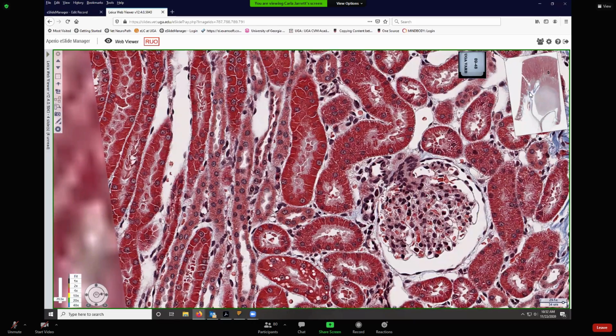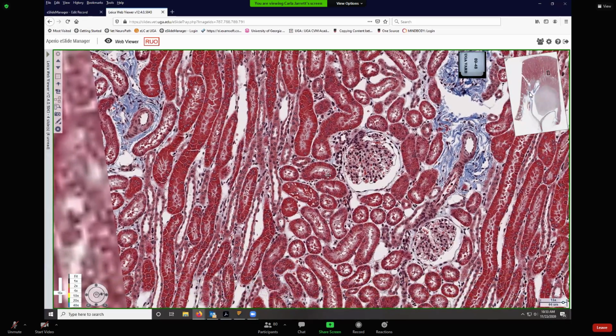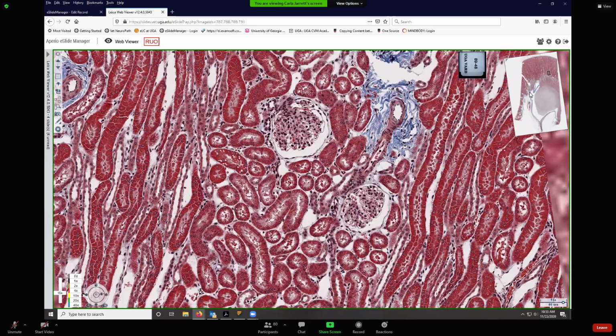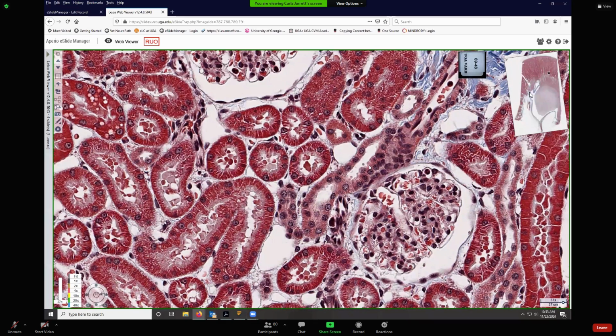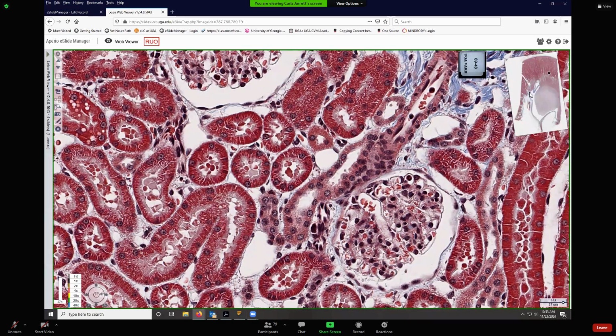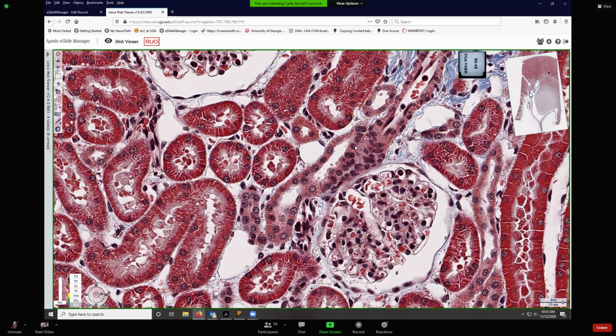And then the macula densa cells, well, what are they? Well, they're modified cells in what tubule? What specific tubule? Distal convoluted. Yes, the distal tubule. It's a little tricky. It can be straight or convoluted at the point where it comes back to the renal corpuscle. So we tend to just say distal tubule just to be safe. But here is a macula densa right here, that specialized region of cells in the wall of that distal tubule,